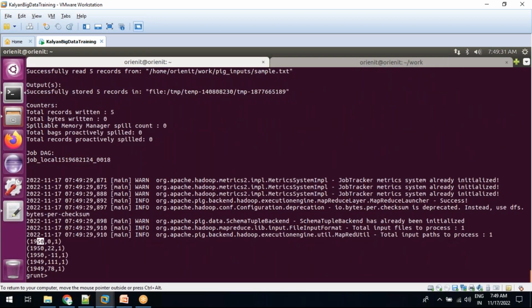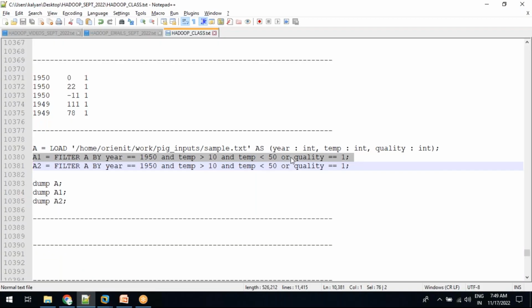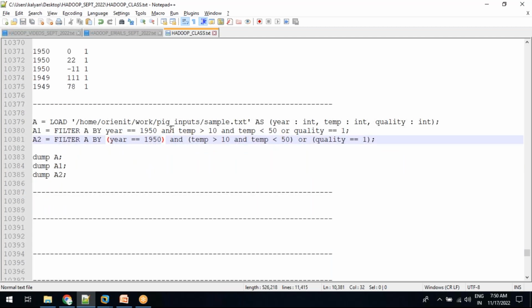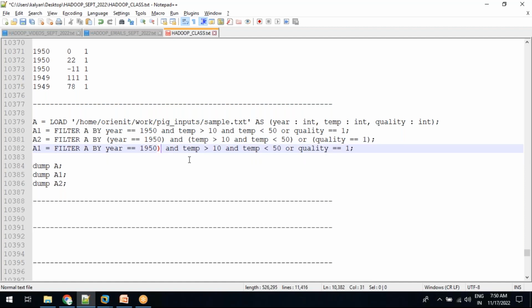Now if you look, everything is coming. Everything is coming because of our quality condition. Now instead of this, let me put the conditions in brackets, and keep it like this also. It is the same as the current one. This brackets generally change the meaning. Now if I keep this bracket here,